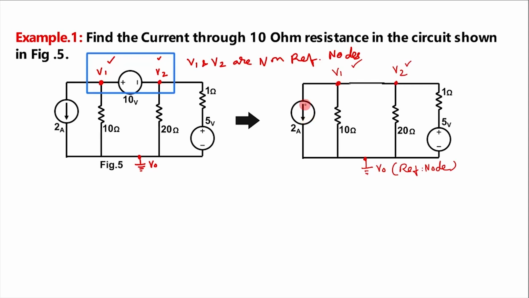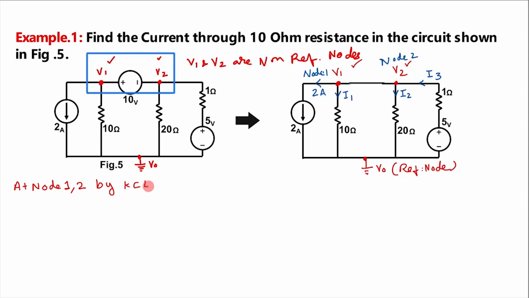Here already the current is given and its direction is in this way. So here 2 ampere current is flowing in this way. Let I1 be the current flowing through 10 ohm in this direction. I2 is flowing through 20 ohm in this direction, and here it is positive voltage, so current I3 will be coming in this direction. At nodes 1 and 2, which we joined together by removing that voltage source and shorting, by